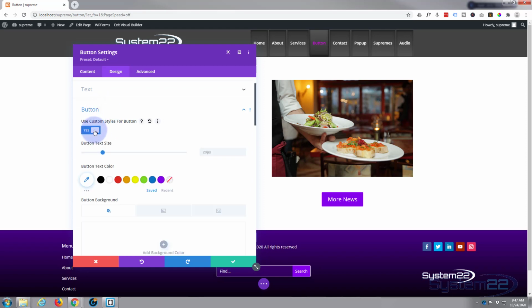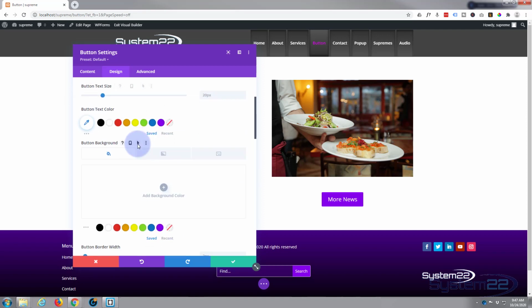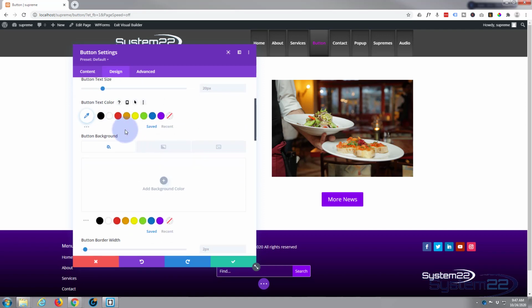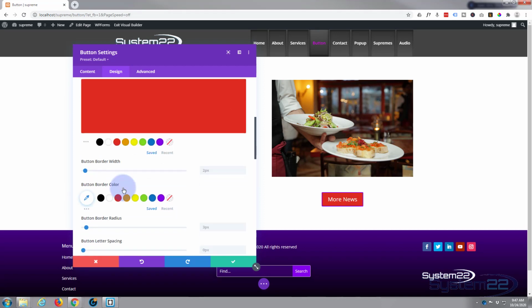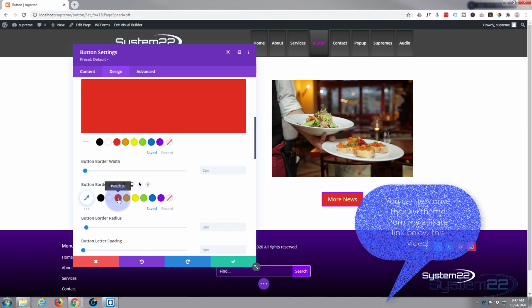We're still on the design tab. Flip that to on, and then of course text color I'll leave it as it is. Let's make the button background color red. I'll do similar for the border, and when we hover over it, let's turn it purple or something. And to get the hover effects common to most Divi modules, if you hover over the dark legending here, wait till an arrow icon pops up,